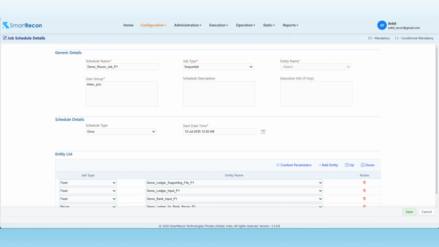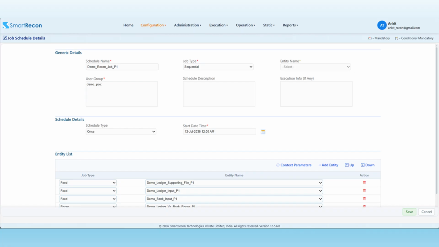Choose the user group as demo_POC. In schedule details, select schedule type as once and set the start date time when you want this job to run. Now in the entity list, we need to add all the items that should run as part of this job in the correct sequence.